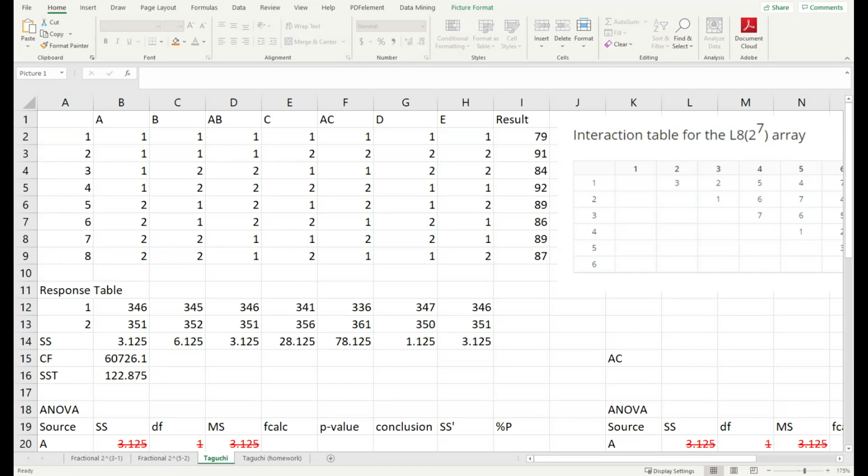Okay? So sa Taguchi 2 is all about optimization, no? So the way we optimize it, we use what we call as a signal to noise ratio. Okay? And